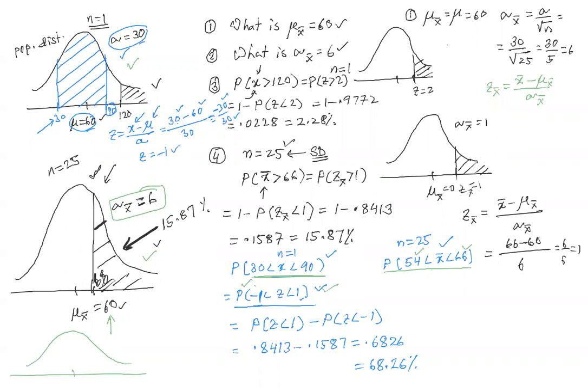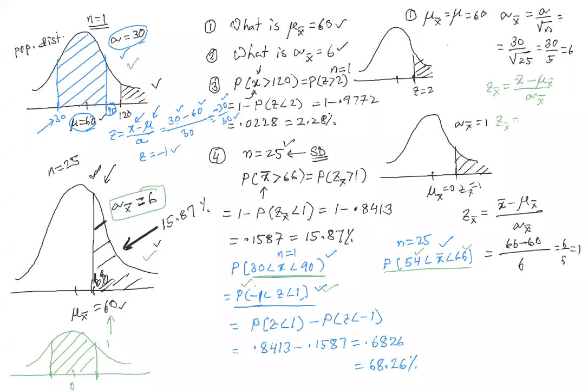So this is your 0 and this is your 1. And this point is going to correspond to 66, okay? And this point is going to correspond to 54. So we are looking for the area in between. That means this, okay? And if you do the math, you'll see, so z sub x bar is equal to